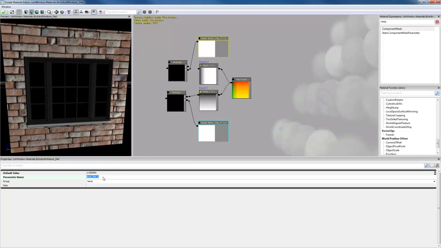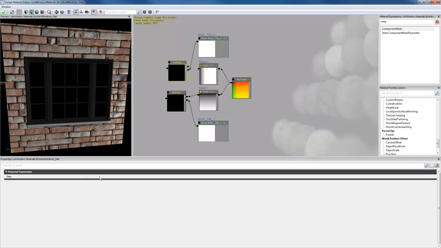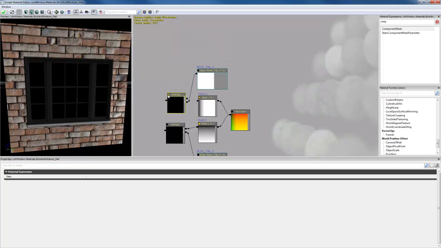And this will be brick tile U. And if I just turn these on right here,